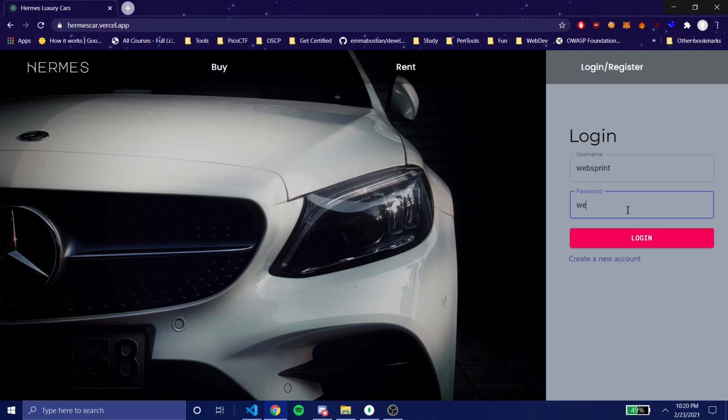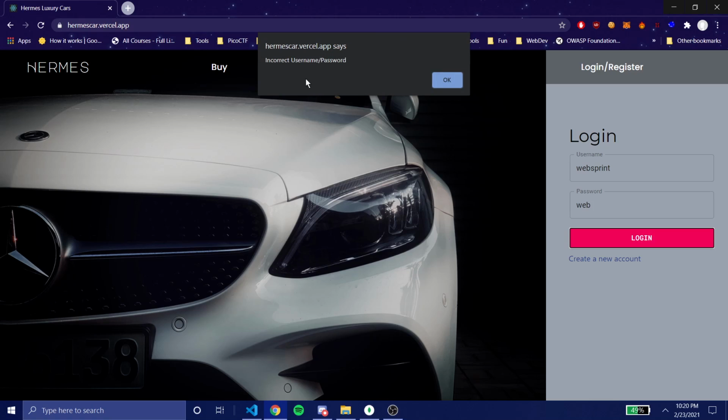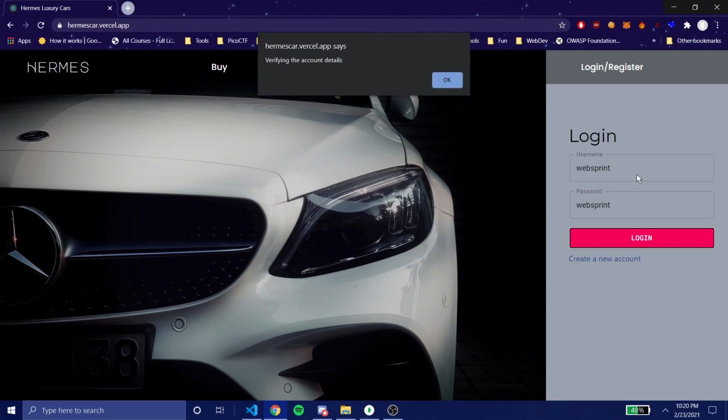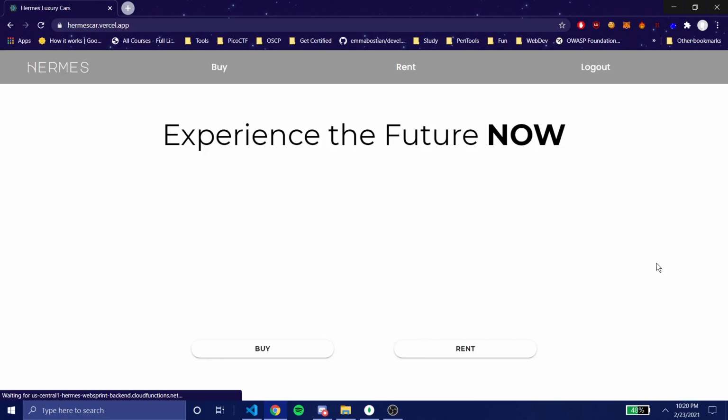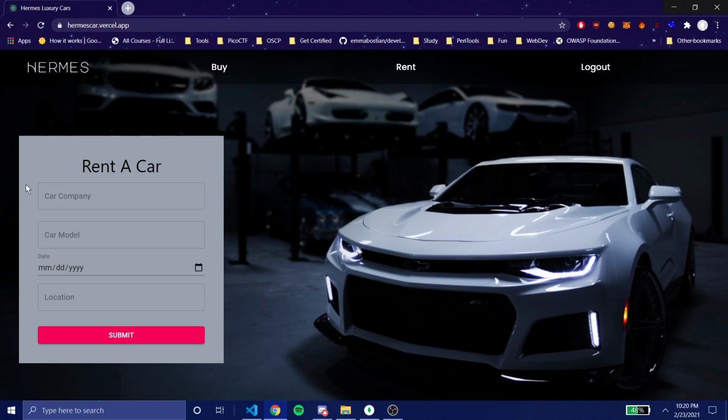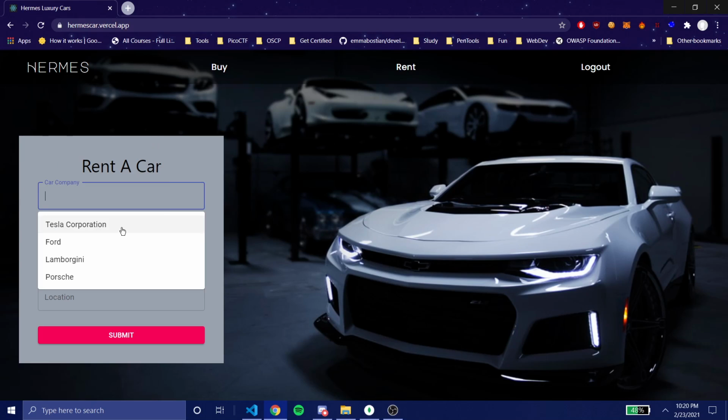First, I'll just show you what happens if you give false credentials. It will stop and tell you verifying, incorrect username/password. Use the right one, and you will go in. So, log in. The backend used for this is MongoDB, which I'll show you in a bit. Now you'll see the login has been replaced by logout. So let's see the rent page, because the payment page and the rent page are more interlinked.